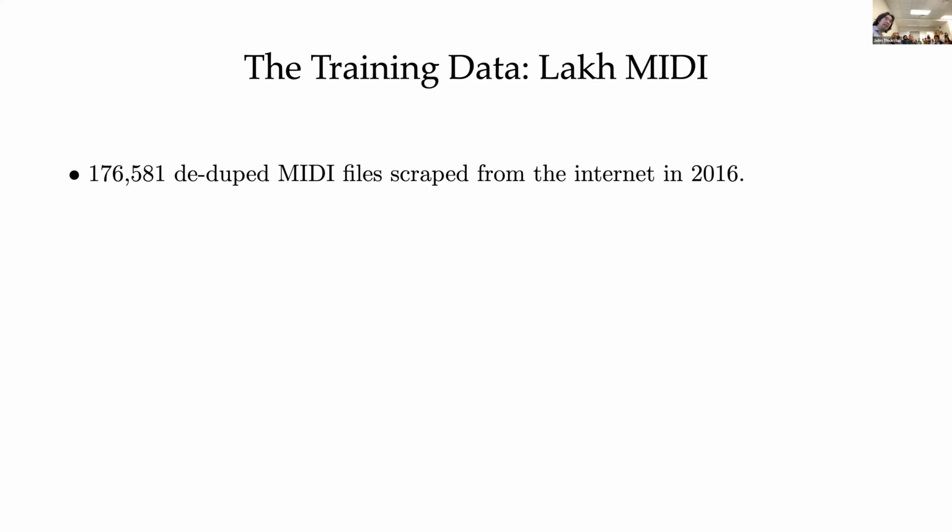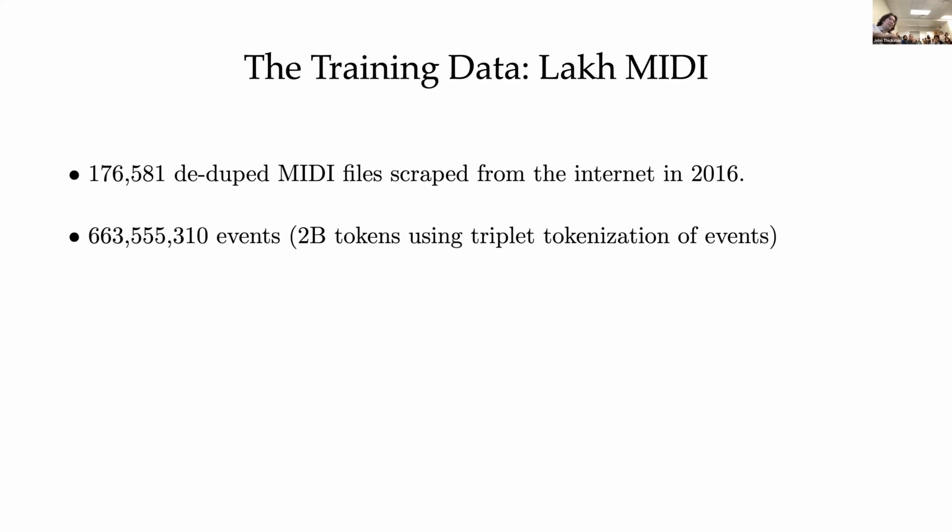And actually, the first thing to notice about this data set is that, if you're familiar with language data sets, this corpus looks small. 176,000 documents, or about, depending how you count, 663 million musical events or notes, or depending how we tokenize it, maybe 2 billion tokens. And again, if you're familiar with the work that OpenAI is doing, and people at the Pile, you have 1 trillion token text data sets, 10 trillion token text data sets. So this is small. And this is one of the challenges of working in a domain like this, which is that we are somewhat fundamentally limited.